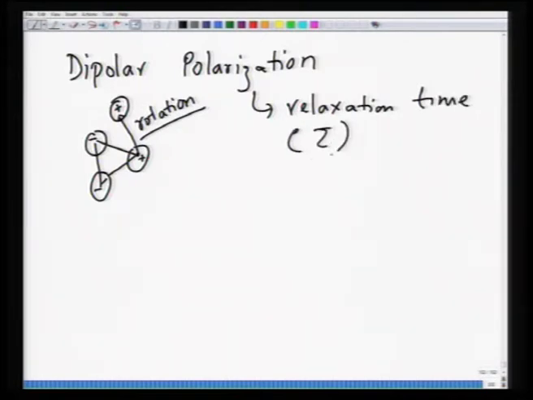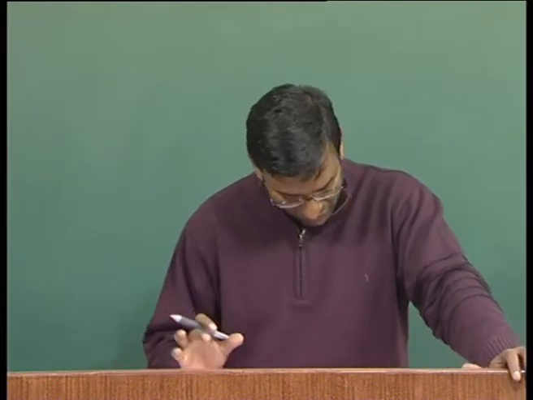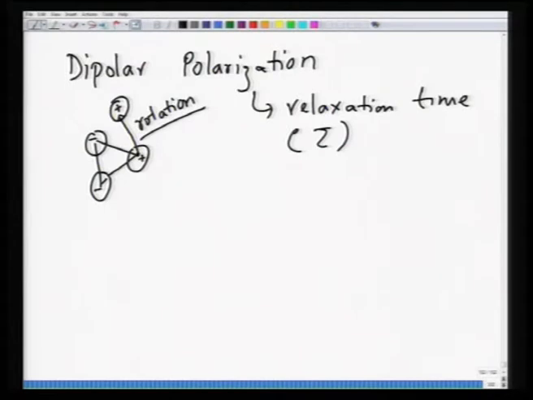which is often called tau. Basically, it is the time taken by this dipole or the ensemble of atoms to relax back to either the original position or a new position, which is a new equilibrium position. So, this phenomenon does not have any resonance; rather, it is characterized by what is called relaxation. You understand the term relaxation: they relax to either the original position or to a new position, which is equivalent, or which is again an equilibrium position.